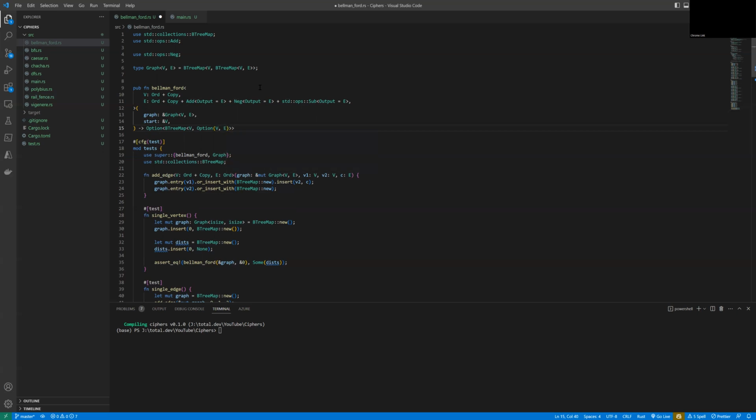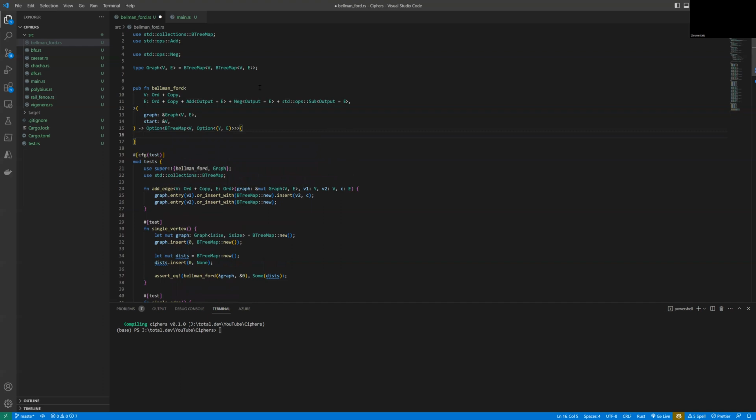And we can set that equal. And then we can start our function now. Okay, great. So first things first, we use a let keyword to create a mutable answer variable of